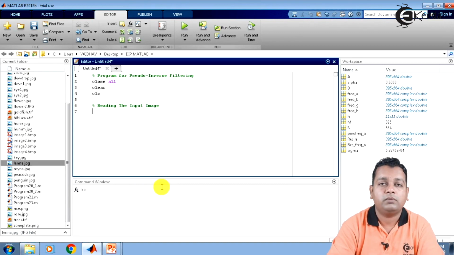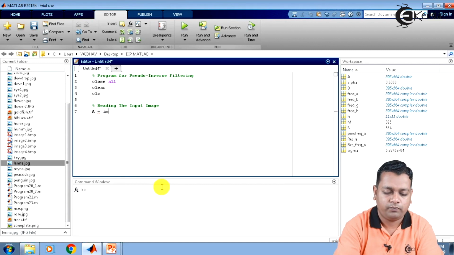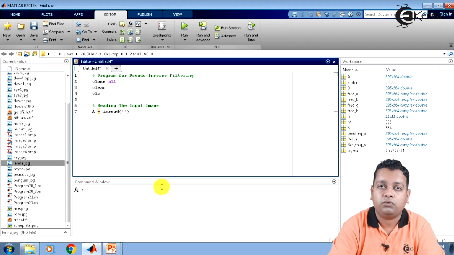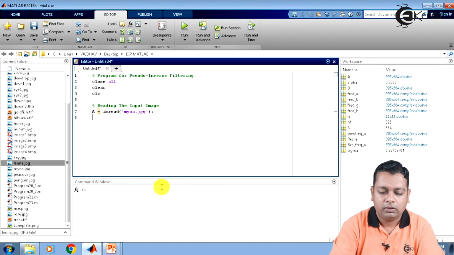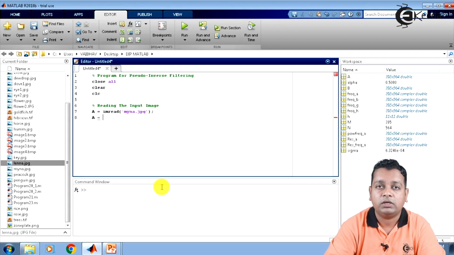The usual variable I use for the input image, the two-dimensional data, is variable A, and the command will be imread. So I use imread, and this time I give the input image, that is mana.jpg, for pseudo inverse filtering, terminating the syntax with a semicolon. As the image will be a color image having the three bands red, green and blue, for this type of filtering and this particular program we convert it to a grayscale image.